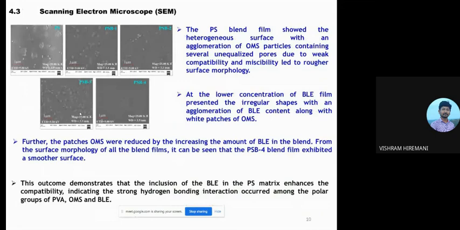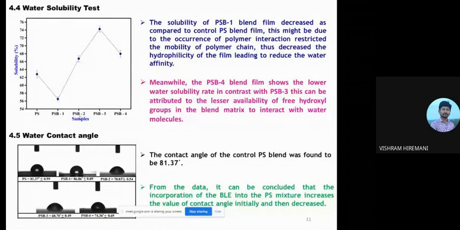The water contact angle was carried out to know the surface hydrophobicity of the film. Generally, a water contact angle of less than 90 degrees is termed hydrophilic, whereas films with greater than 90 degree water contact angle are termed hydrophobic. Here, all the films showed a water contact angle lower than